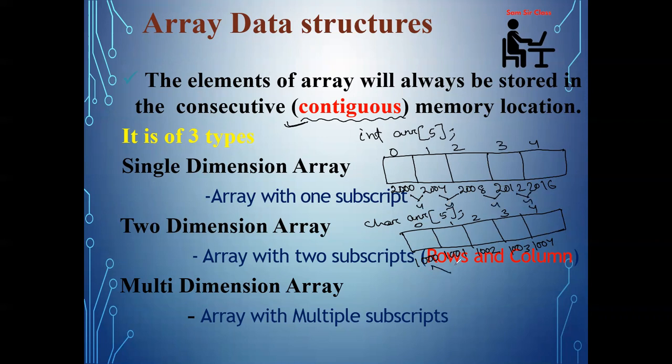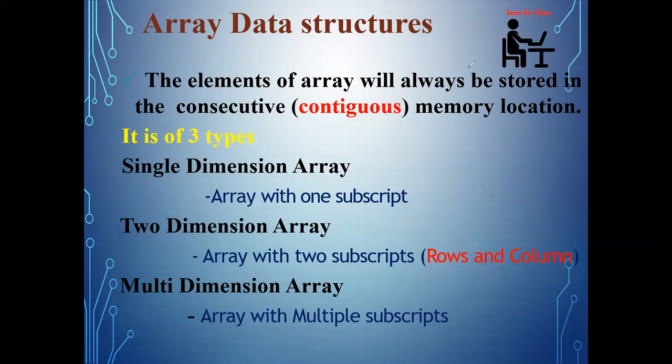Okay. You find the difference between any two consecutive memory locations of the character array, you will get the same value. So this is known as contiguous memory allocation. All the elements will be stored in a consecutive manner, but the difference between the memory locations will always be the same, which depends on the data type. Okay. So in brief, an array follows contiguous memory allocation and the elements are stored in a consecutive manner. Now let us come to the programming.